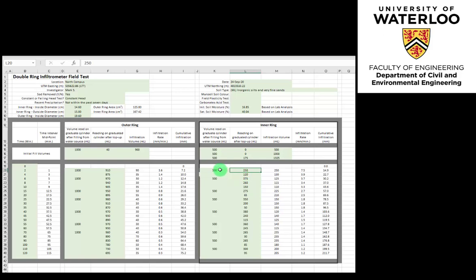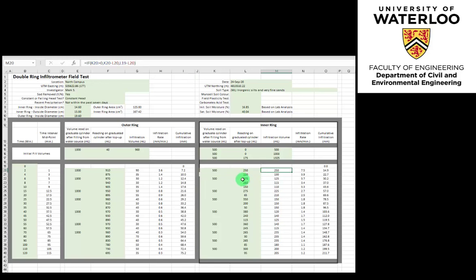We recall that the 500 milliliter graduated cylinder was used to fill the inner ring area. For example, here in the first ring top-up, the graduated cylinder had been filled to the 500 milliliter fill line prior to the inner ring being topped up. After the ring top-up, 250 milliliters of water remained in the graduated cylinder. Thus, the infiltration volume over the time interval from 0 to 2 minutes was 250 milliliters, or column K minus